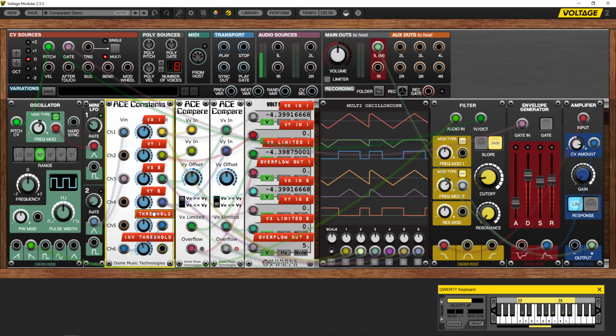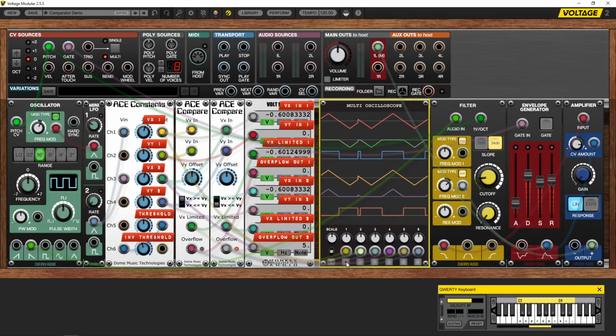So what you're seeing is, in fact I'll just put a trigger signal on that. That's better. So what you can see is that when the input voltage, which is the same on both sides,